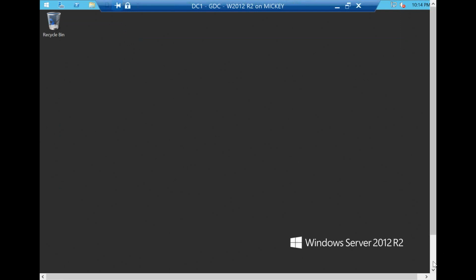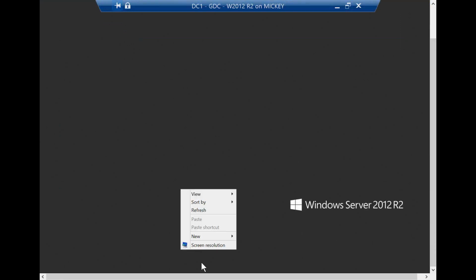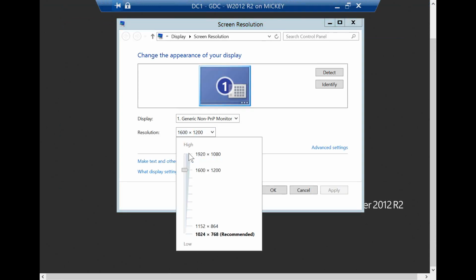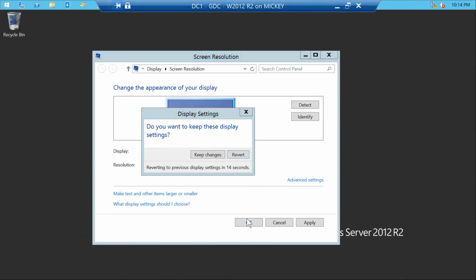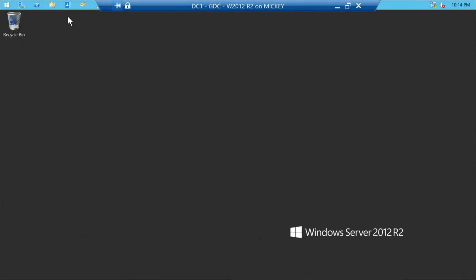Okay. Let's try and get the screen resolution so it maps to what I'm doing. Perfect. Apply it. Yes, all right, we're full screen now. Excellent. Keep changes. So if I open up Active Directory,